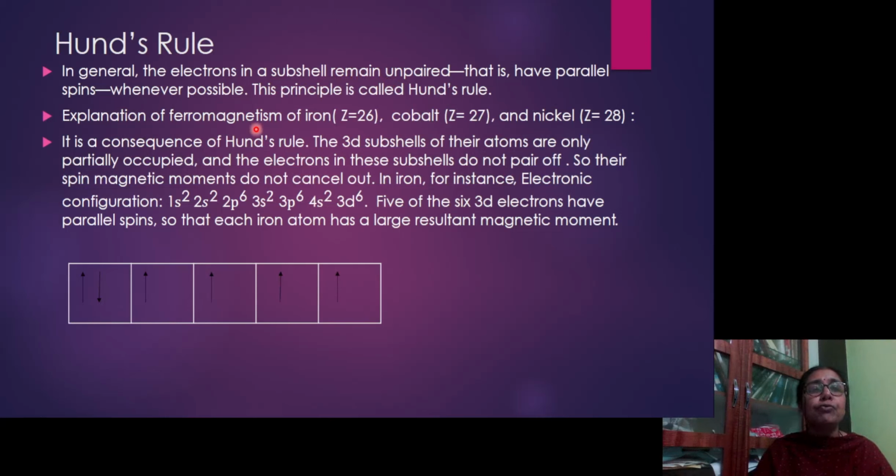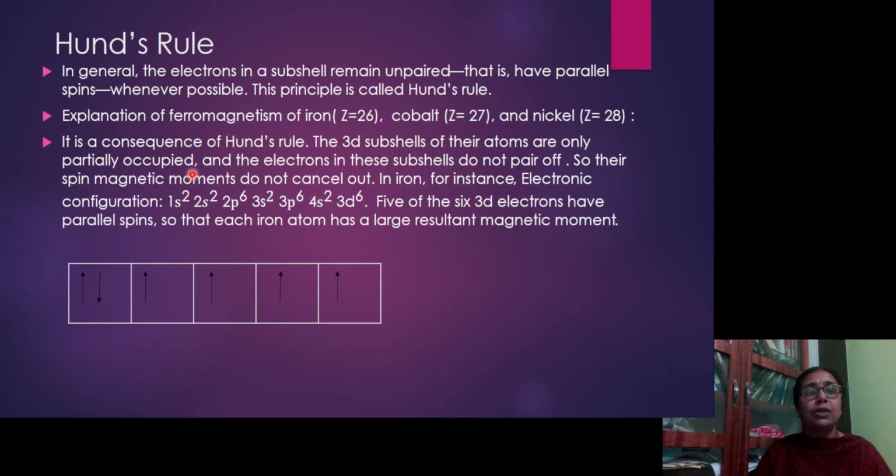The explanation of ferromagnetism of iron, that is the magnetic properties of iron, cobalt and nickel, can be explained by using Hund's rule. This is a consequence of Hund's rule. If we look at the atomic numbers of, for example, iron, then the 3d subshells of these atoms are